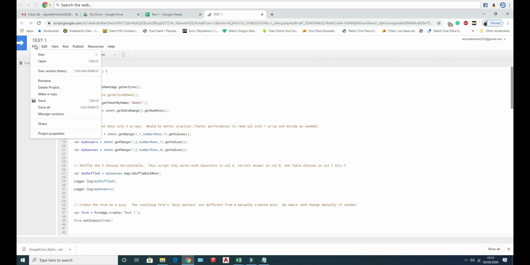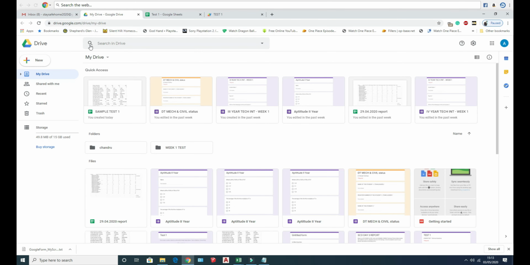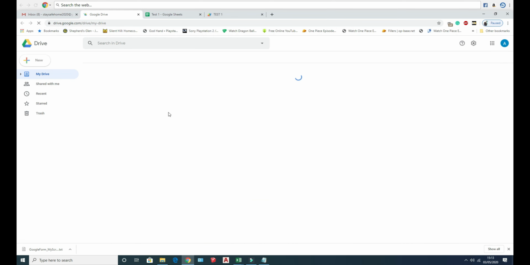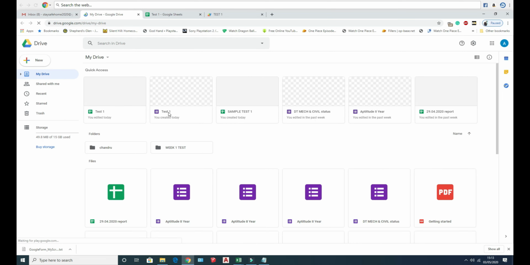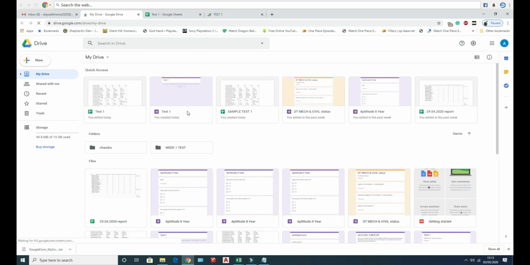Just saving the content. Now I'm refreshing it. You can see the test 1 Google Form is created automatically with self-assessment.